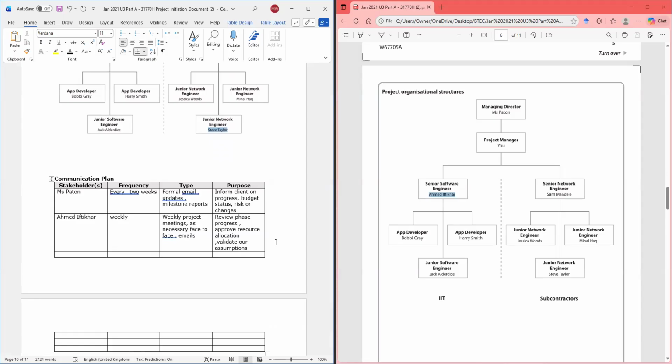Also, we can track software progress, track app interface progress. See, I'm getting it from the set task brief.